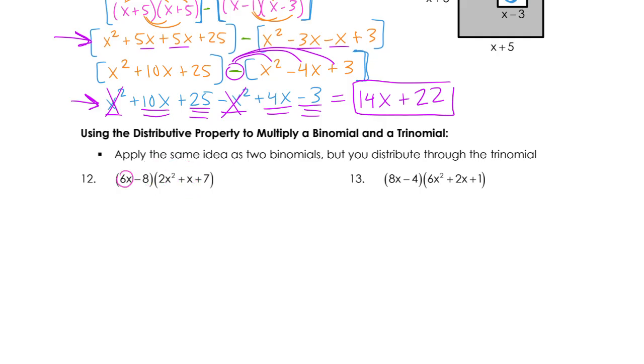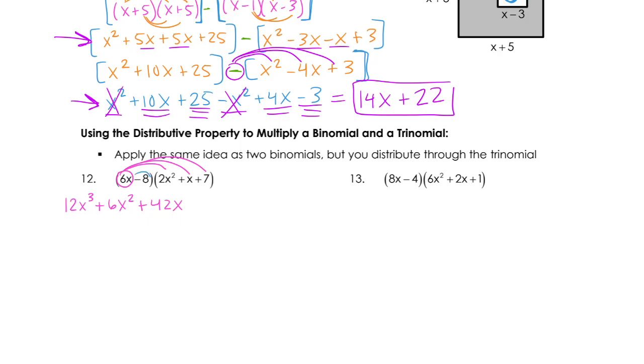We're going to take 6x and we're going to distribute that through the whole trinomial. So 6x times 2x squared would give us 12x cubed. 6x times x would give us plus 6x squared, and then 6x times 7 would give me plus 42x, and